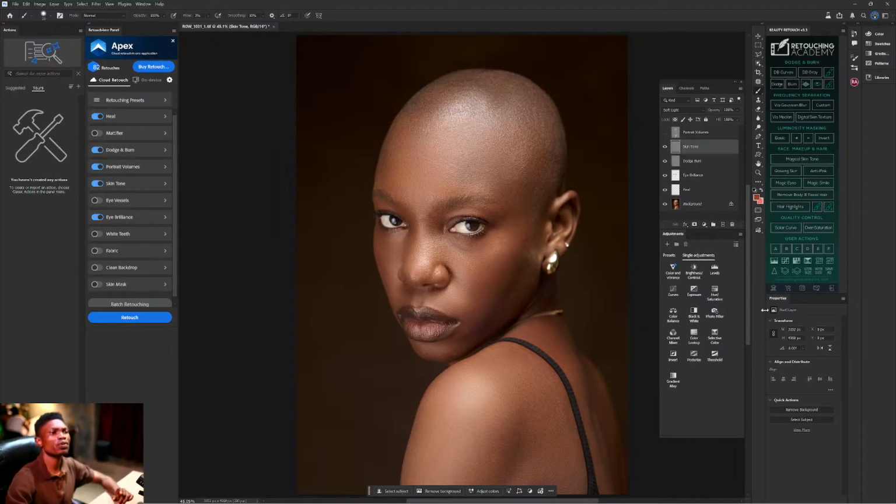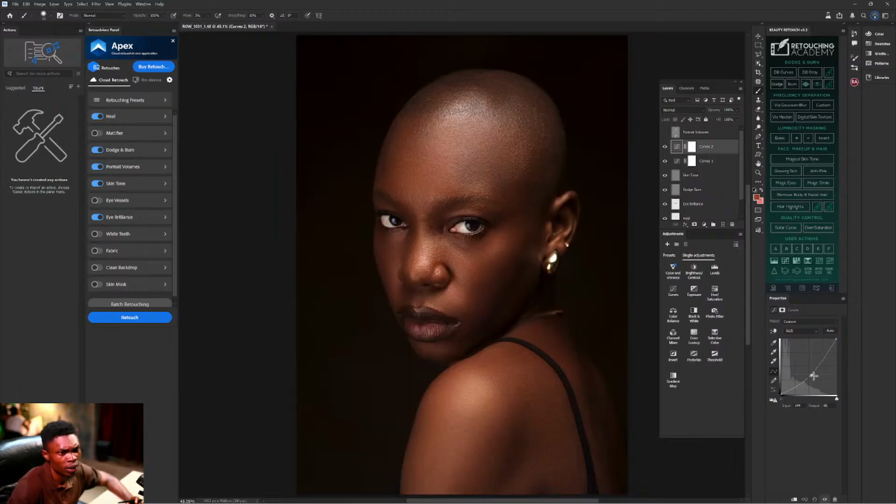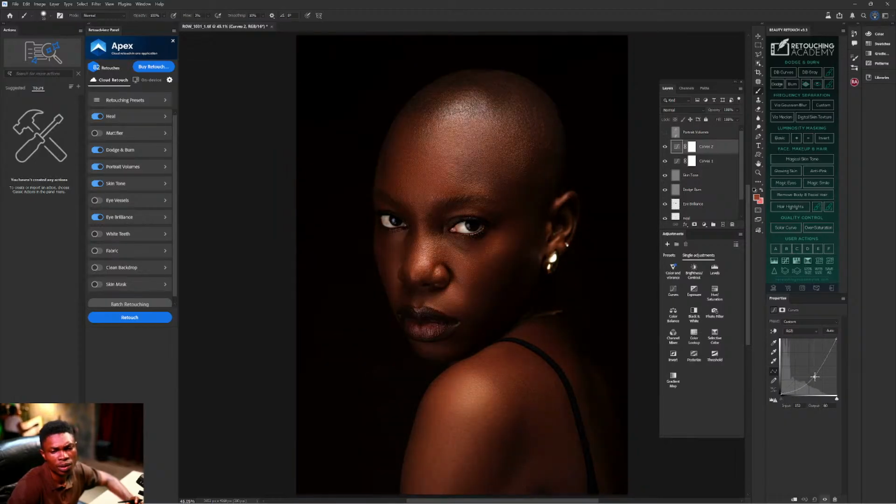So first, go to your curve. Click curve, click it again. Now you have two of this curve. Go to the first one, draw and come down. This one will be your burn. Then the other one, draw and go up.